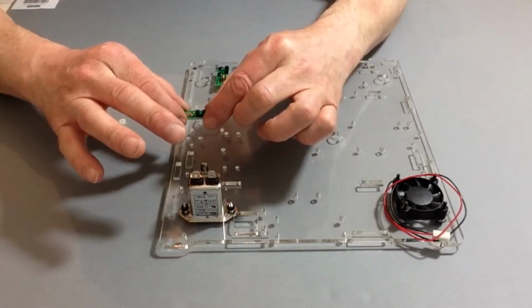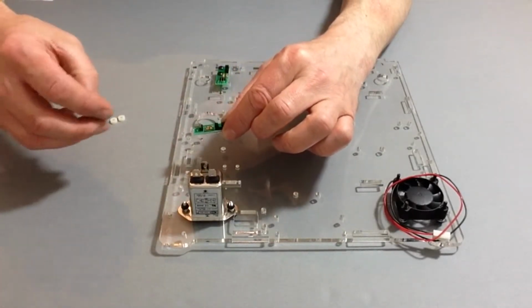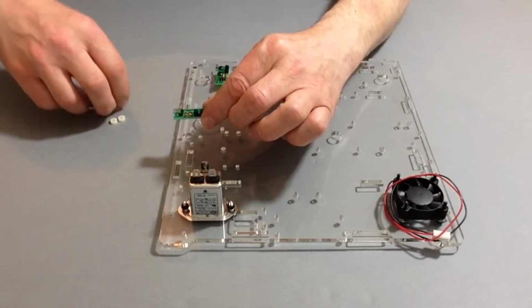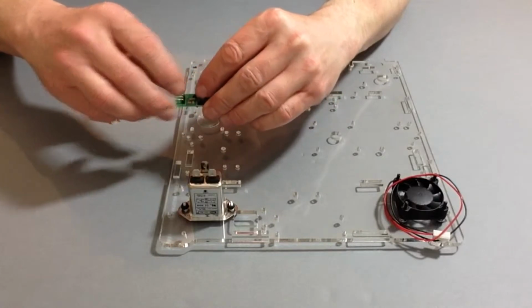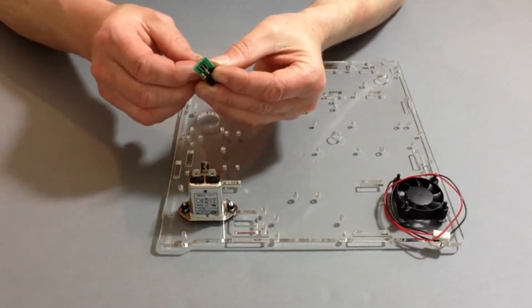Okay, and then once we've done that, we need to take 2 of the 14mm truss head screws and place each one into the 2 holes. Once you've done that, place the spacers over the ends